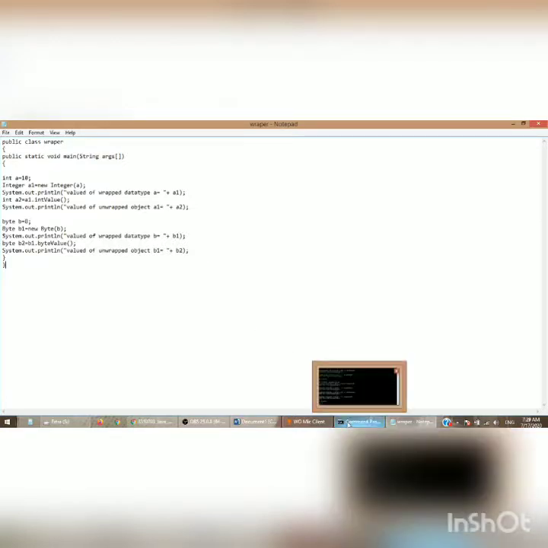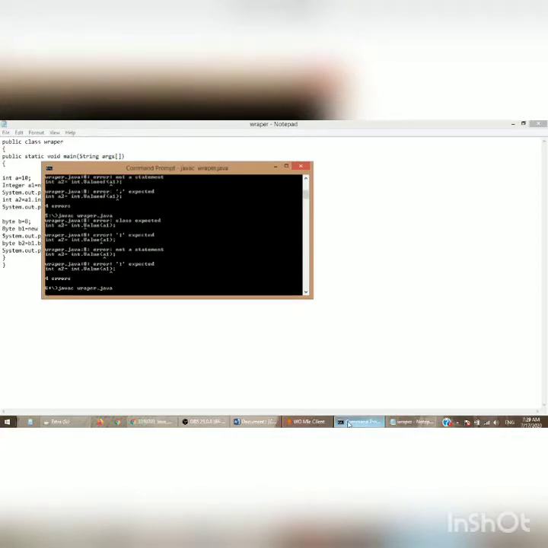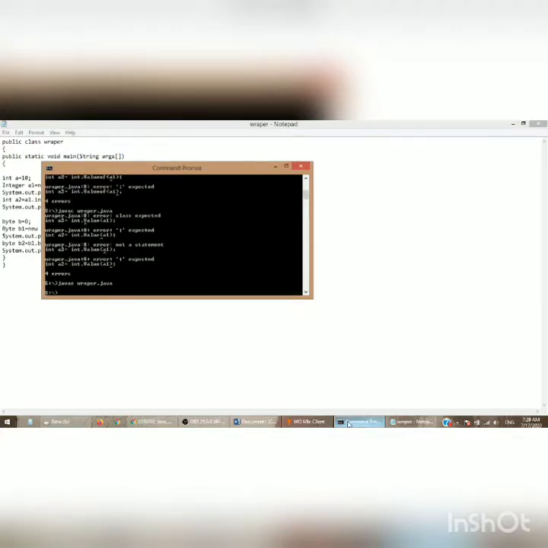Now let's run the program. Okay, the program is successfully compiled. Now we'll run the program, java Wrapper.